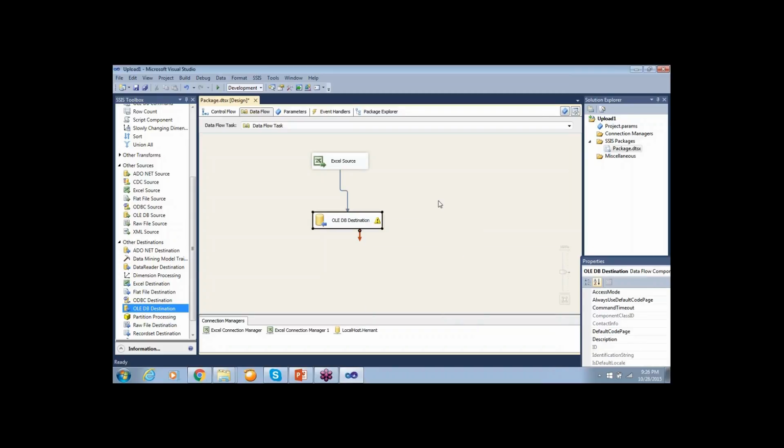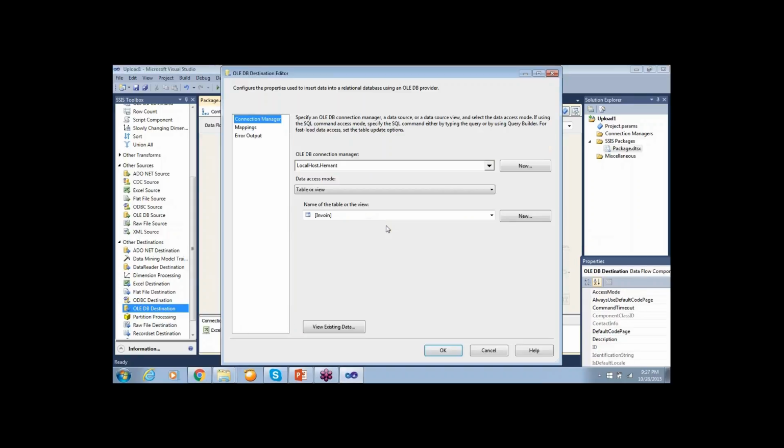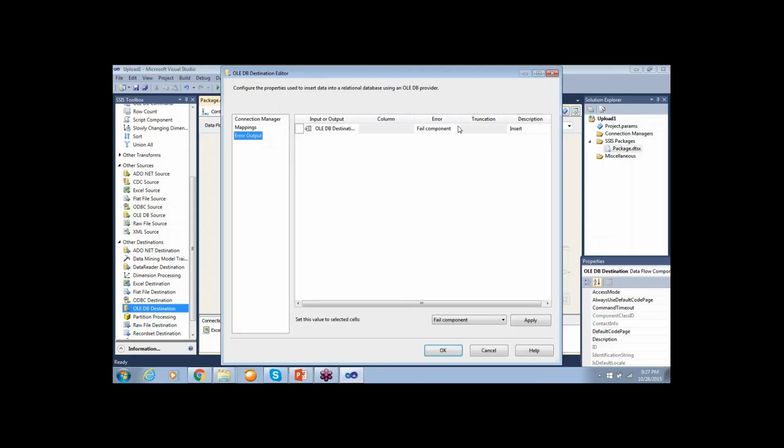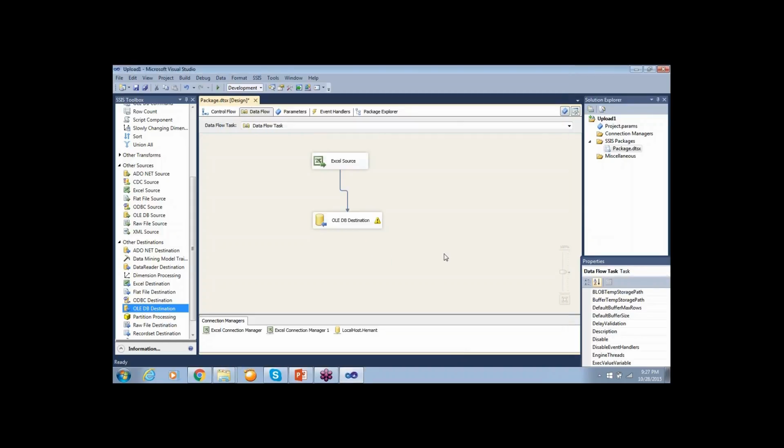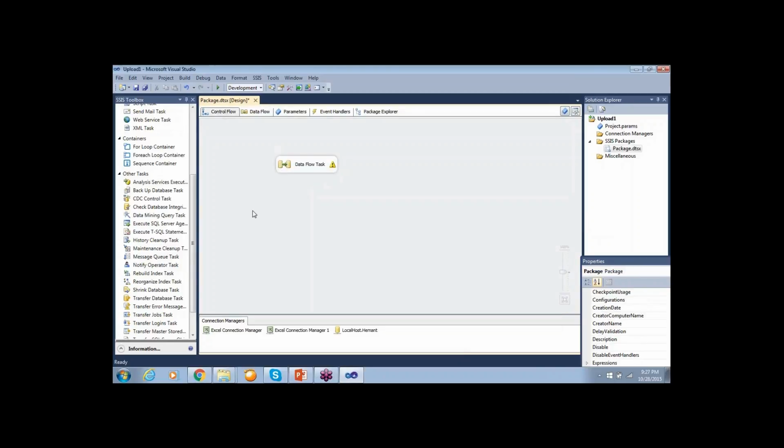See what error is there. Truncation may occur due to inserting data from data flow column. OK. Edit. Error output. Go to fail component, ignore failure. Click OK. If I want to run that,